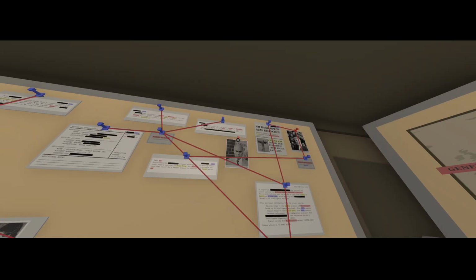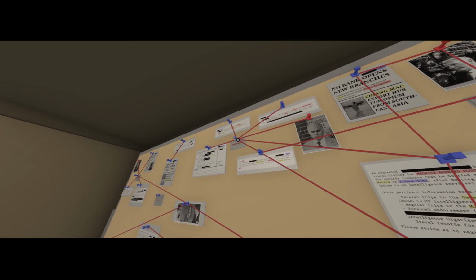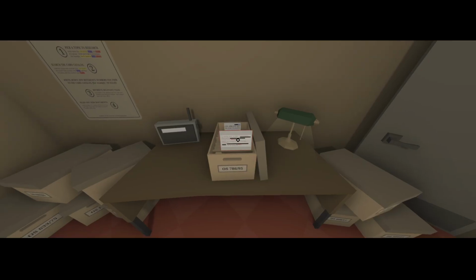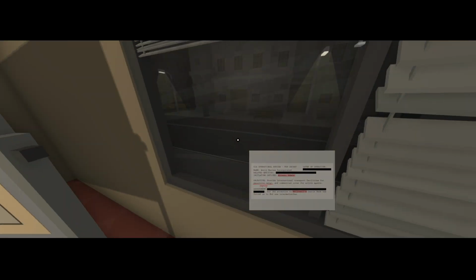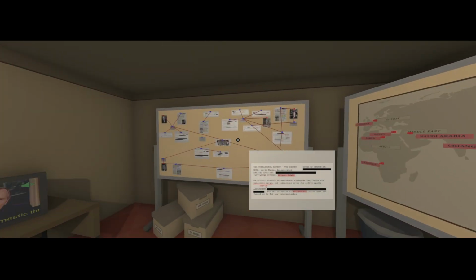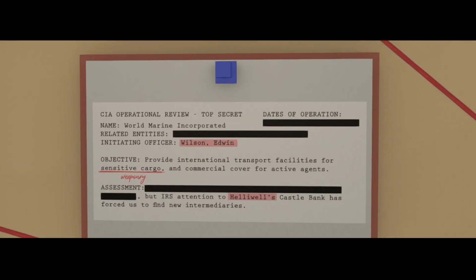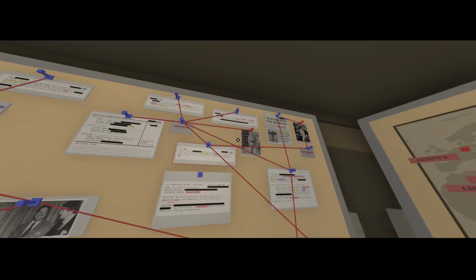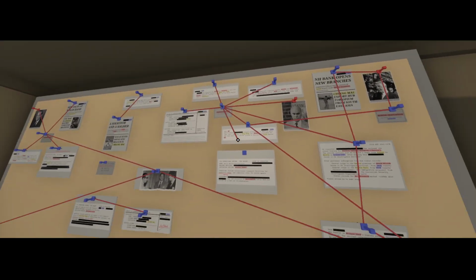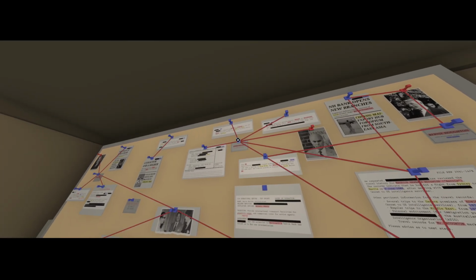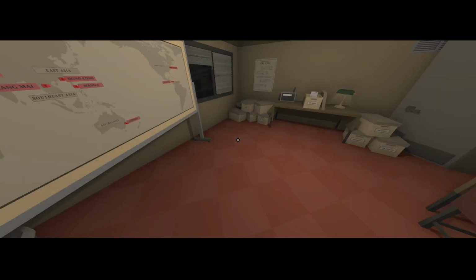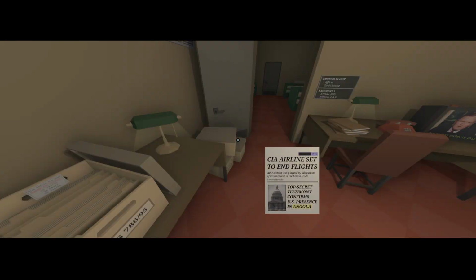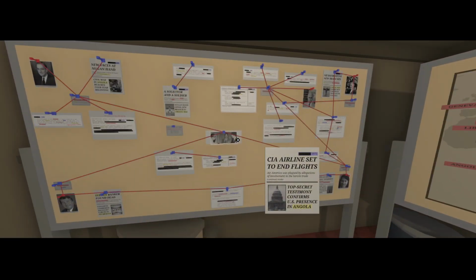So now we know what Edwin looks like. Okay, this involves Edwin right here. So now let's connect. I'm just gonna connect things first, then look at them. Angola.